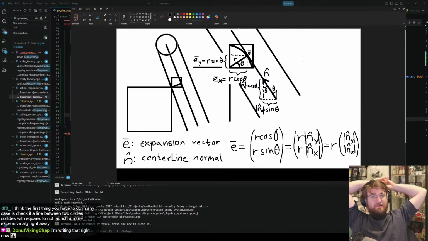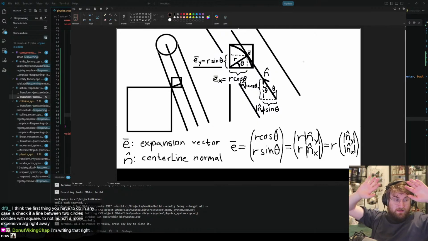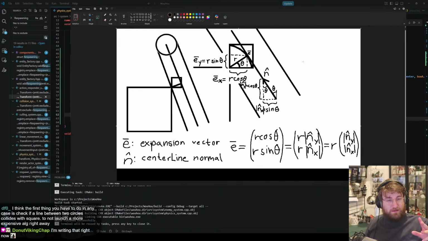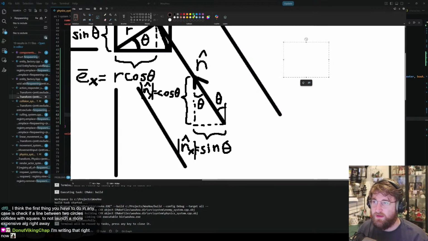You're writing that right now. You think the first thing you'd have to do in any case is check if the line between the two circles collides with the square? Yes, actually, I suppose just starting with a raycast. Starting with a raycast is simplest, because a raycast at the very least will prevent the most common case,